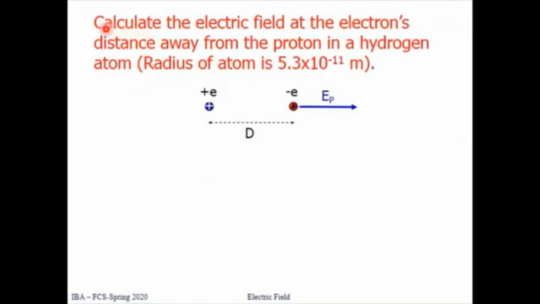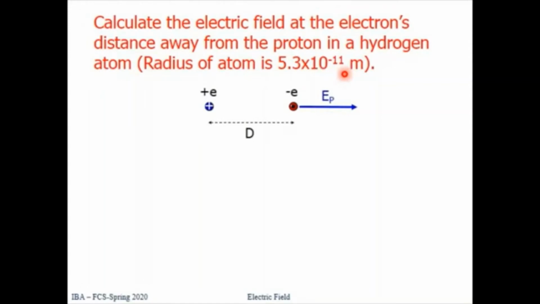Let's have a look at a very quick problem. Calculate the electric field at the electron's distance away from the proton in a hydrogen atom, where the radius of the hydrogen atom is 5.3 × 10^-11 meter. In the previous lecture, I have